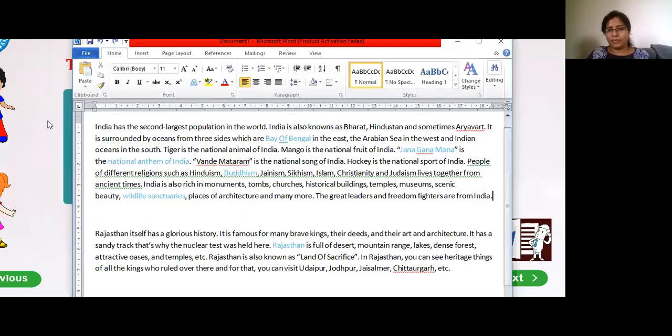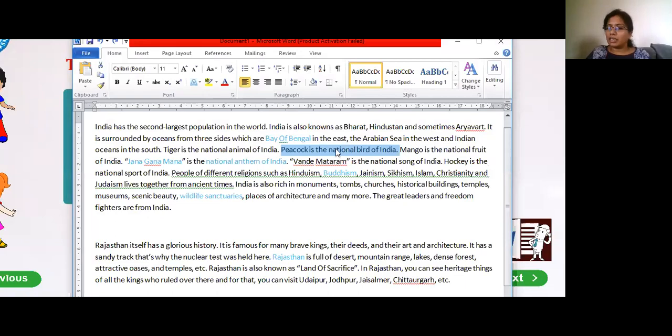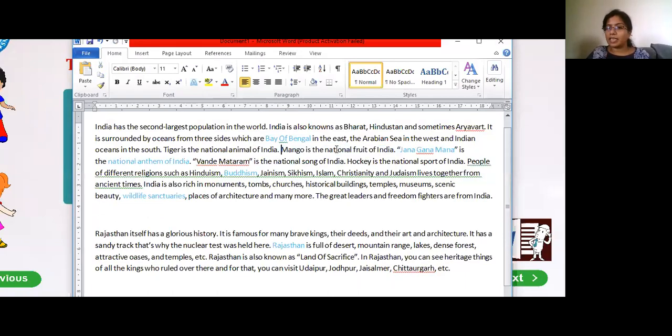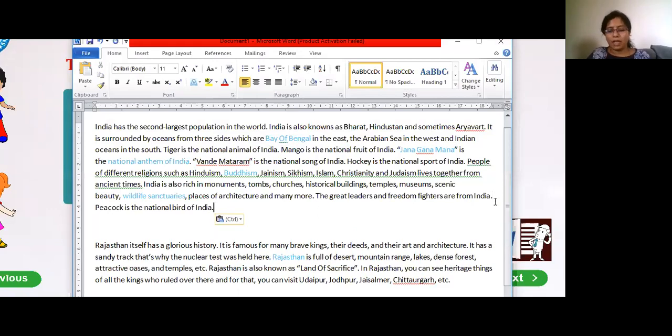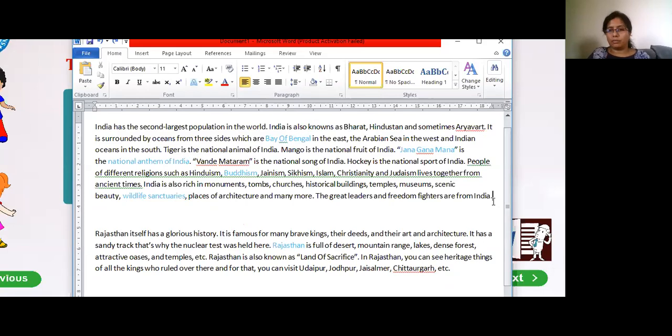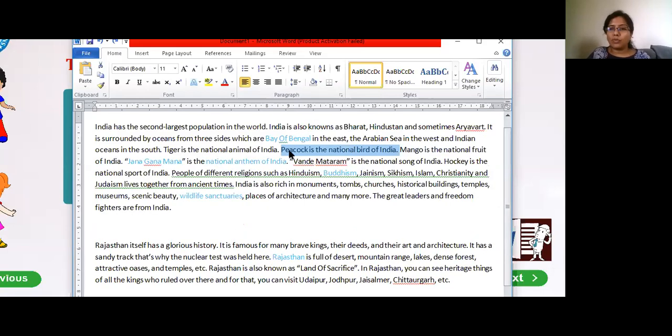Children, I will do it. If I am cutting, I do Control plus X, and that particular line vanishes. It is no more there. I have to put it newly here. But if I don't want this to be removed, if I want a duplicate of it, I want the same line to be here.